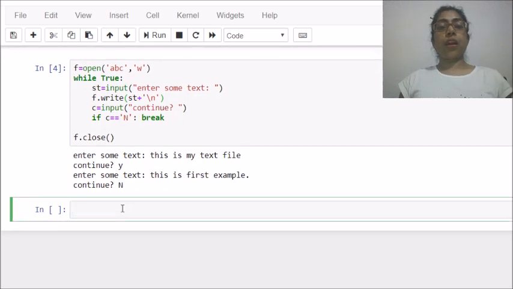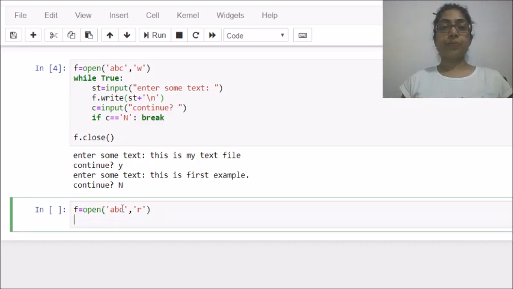Here I will write a code to read content from the same text file and display it here. So again I will open the file, this ABC file, but this time I will open it in read mode because I don't want to make any changes to the file. I just want to read data from the file. So I will open it in read mode.